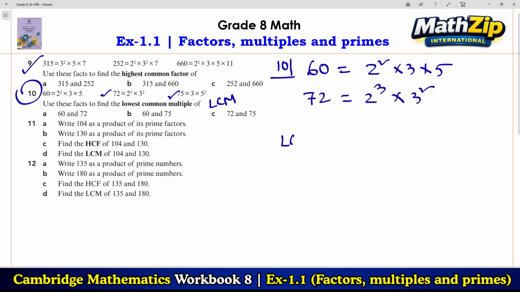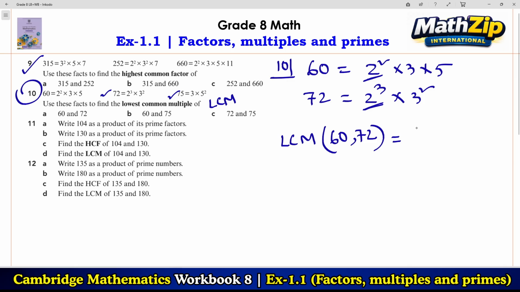Now the LCM of 60 and 72, right? What will be the common thing? Here is 2 square and here is 2 cube. For the lowest common multiple,